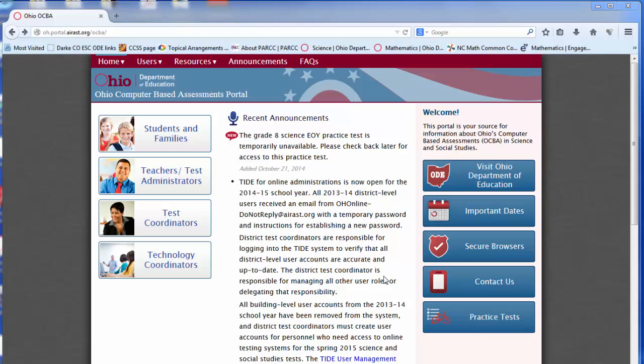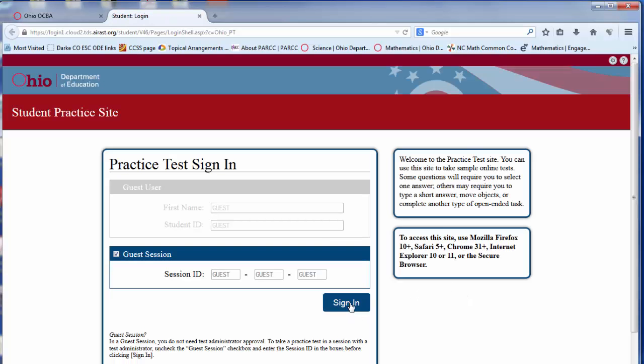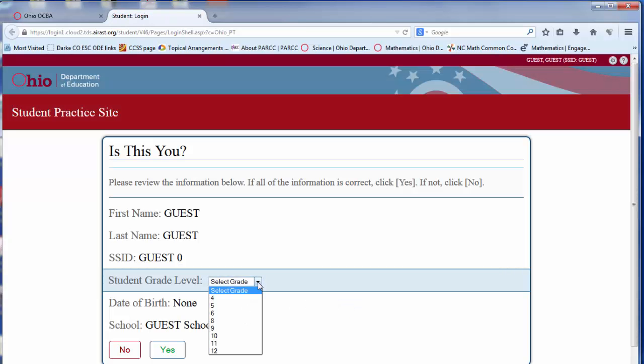We are starting at the portal page, which is oh.portal.airast.org/OCBA, and that brings you to the Ohio Computer-Based Assessment portal. And then we're going to go directly to the practice test, and that will then log in as a guest. We will select grade 5,